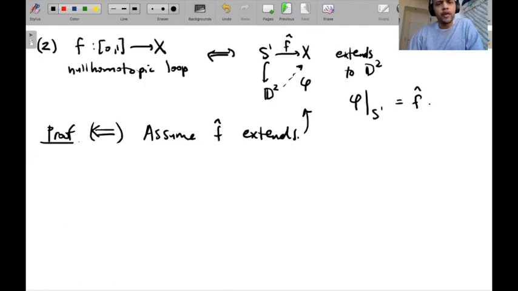And we want to show that F is null homotopic. So we need to construct a homotopy from F to the constant map. And the way we're going to do this